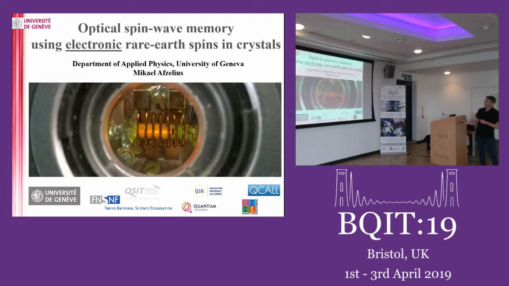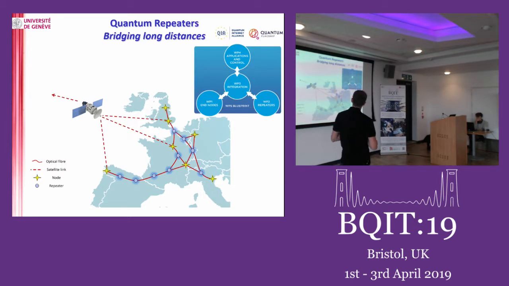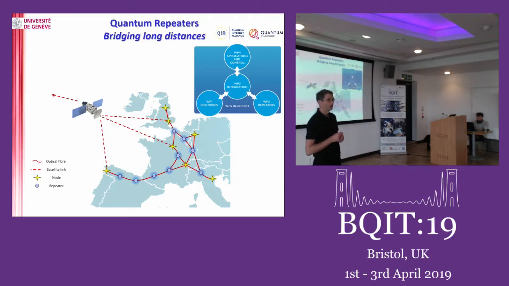What is novel in this memory that we are developing right now, that we want to talk about today, is that we're using electronic spins. The best memories so far in this kind of system have been using nuclear spins, and this gives us some limitation in terms of bandwidth and multiplexing ability. If you want to go towards a network like the one we are thinking about building in the Quantum Internet Alliance, these nodes that you want to use for quantum repeaters need to have probably larger bandwidth than we have now, and most importantly, more multiplexing ability.